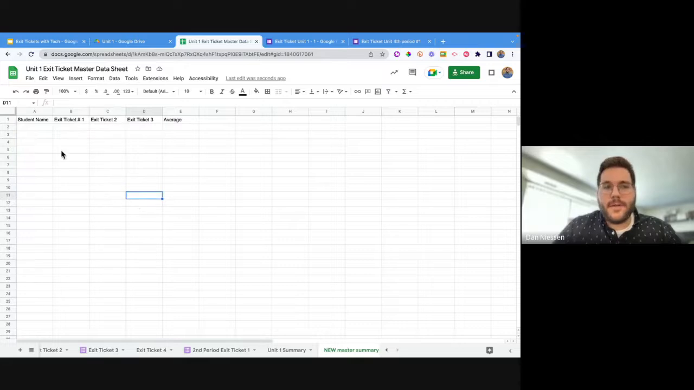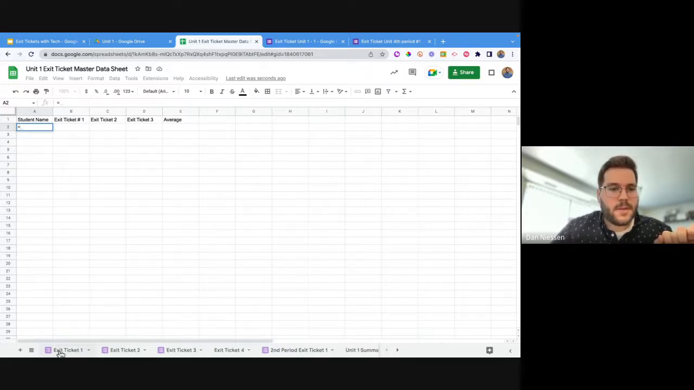And again, we don't have to sit here and type all this stuff. Instead, we're going to use a super simple formula. We just start in the first cell. We type an equal sign. Then, without clicking anything else, we're going to go down to the bottom of the page and go to whichever tab at the bottom that we want to pull from. So for me, I'll just pull from the first exit ticket